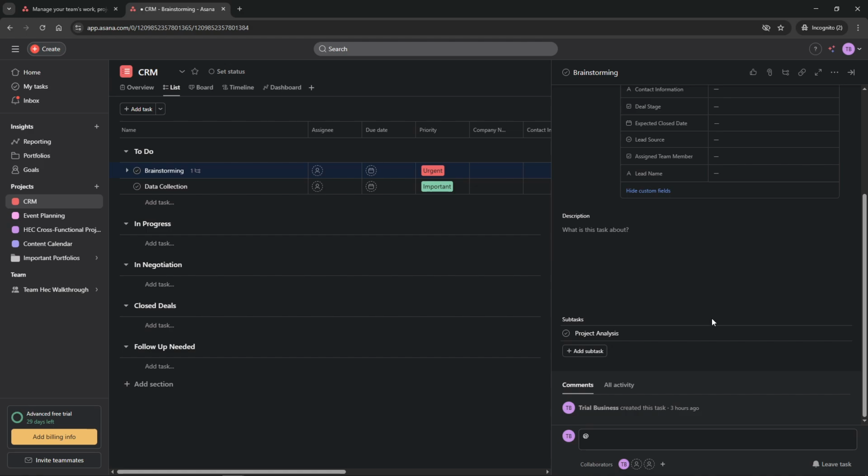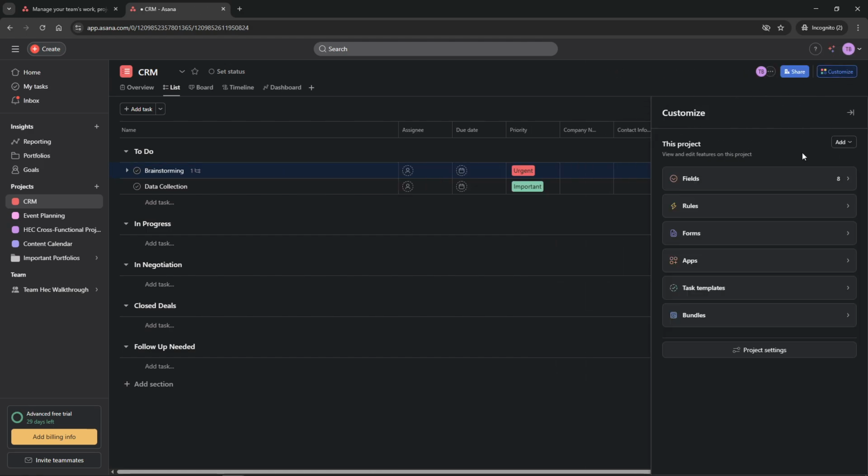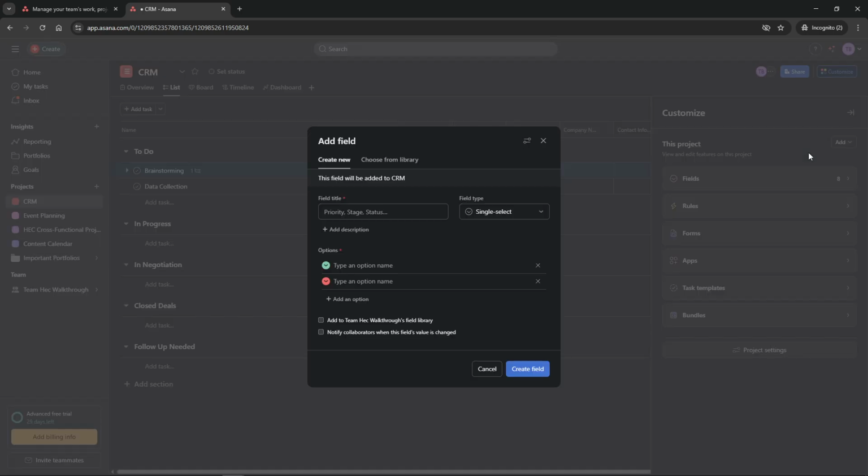To add custom fields, start by opening the task that contains the subtasks you want to organize. Navigate to the subtask section and click on Customize in the top right corner. This is where you can add new custom fields. Consider adding a field like Stage or Category to give you further control and insight into your subtasks. You'd be able to label each subtask according to its priority, its current status, or any other differentiation that suits